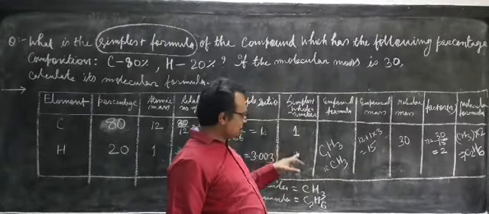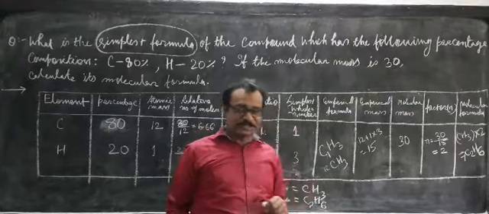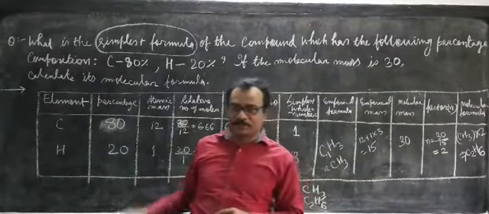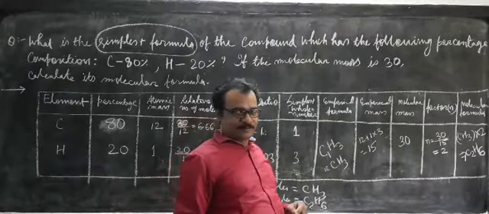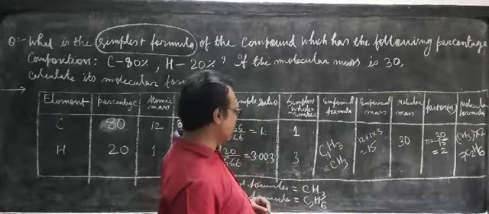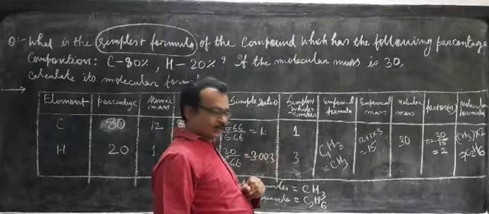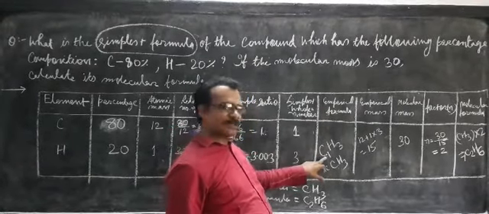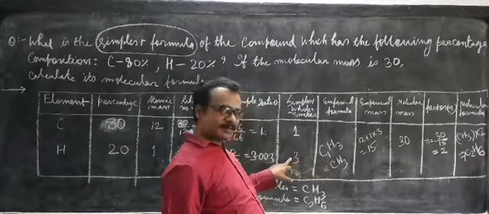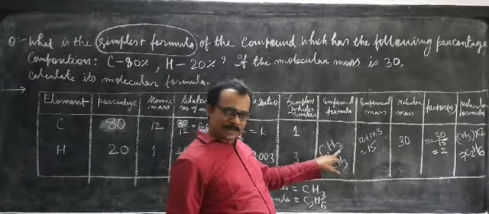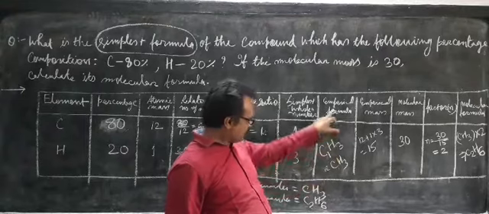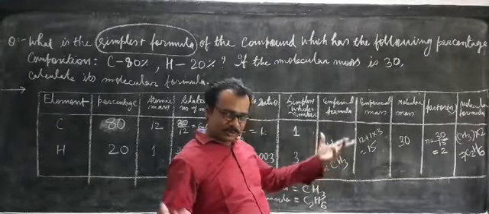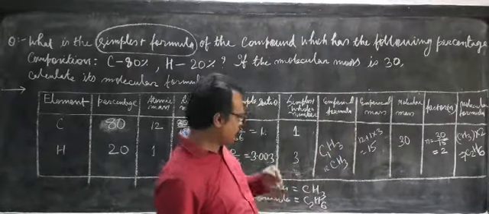Now these simplest whole numbers give you the simplest ratio of the elements. What are the elements here? Carbon and hydrogen atoms. So the simplest ratio is 1:3. So that is why the empirical formula is, for carbon it is 1, so it is written C1. For hydrogen it is 3, so it is written H3. So what empirical formula are you getting? CH3. 1 is not written because you know that if nothing is written, then there must be 1.